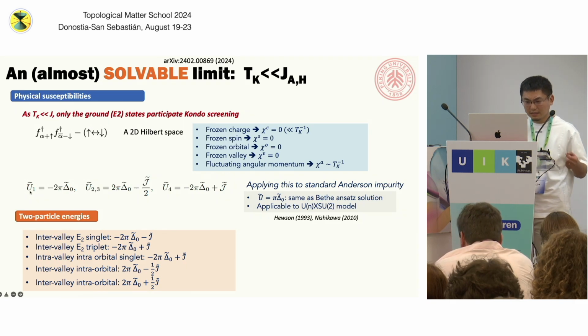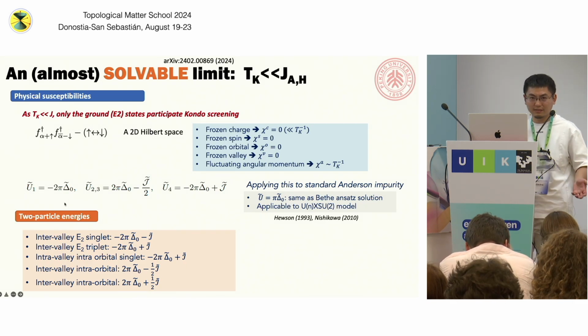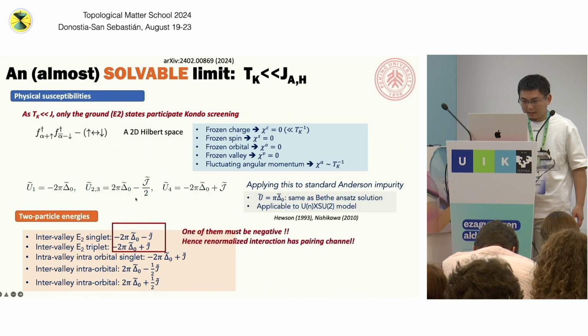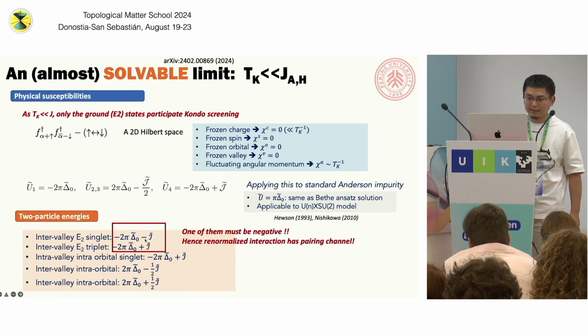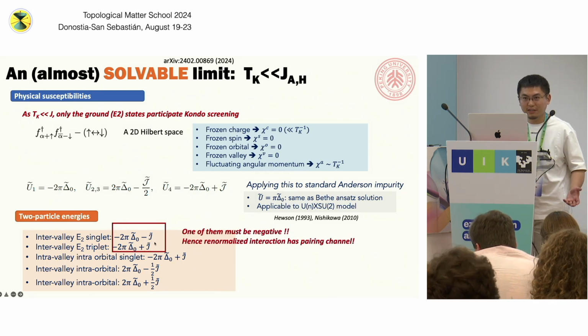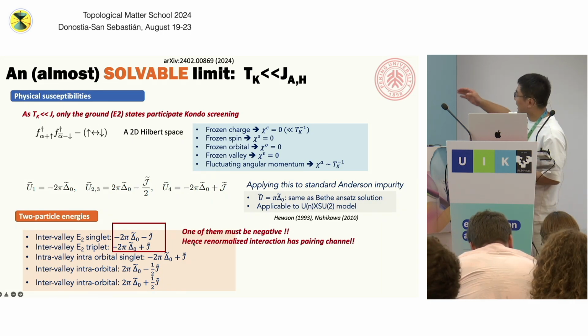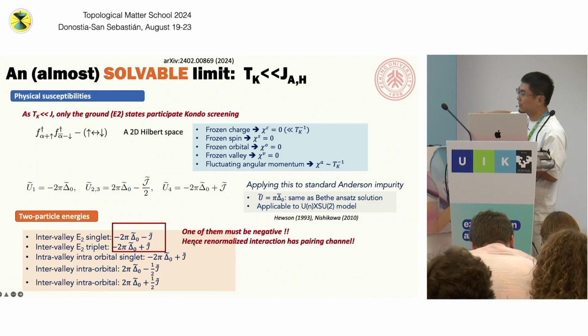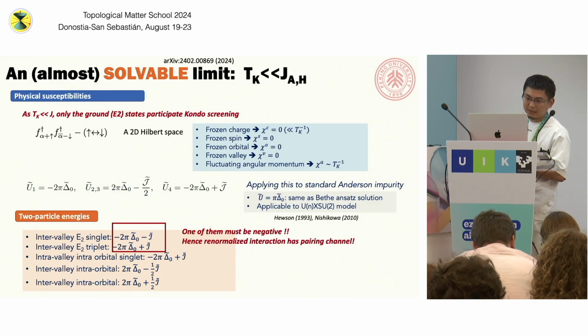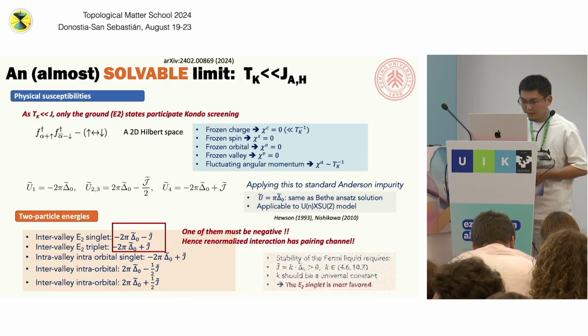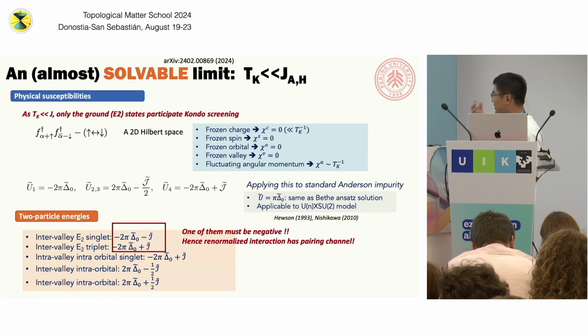And we find that the renormalized U1 becomes negative. And we can prove that at least one of the pairing channels now has negative eigenvalues. So basically, under the approximation we adopt, we prove that even though the bare interaction is positive definite, the renormalized parameters become attractive. And you may doubt whether our method is